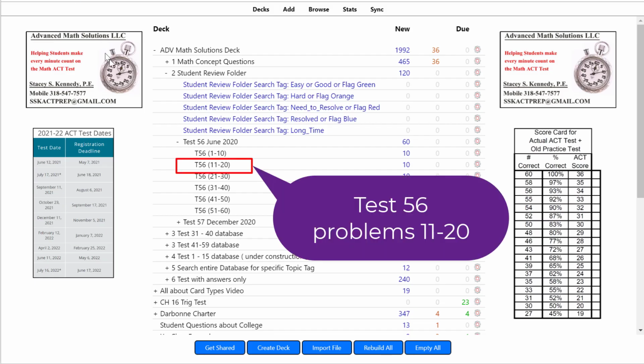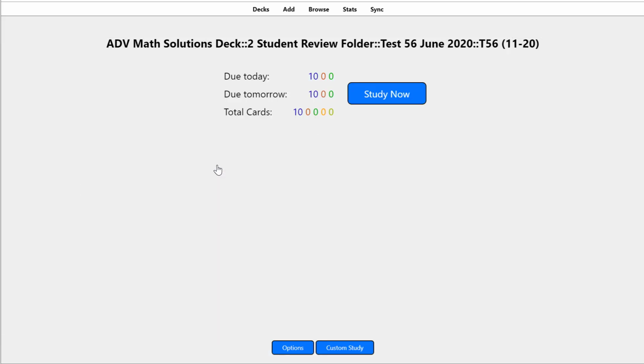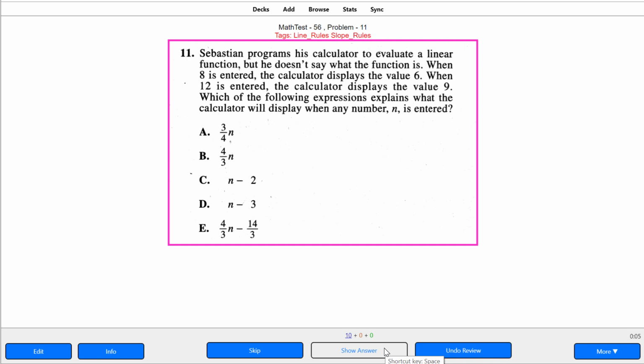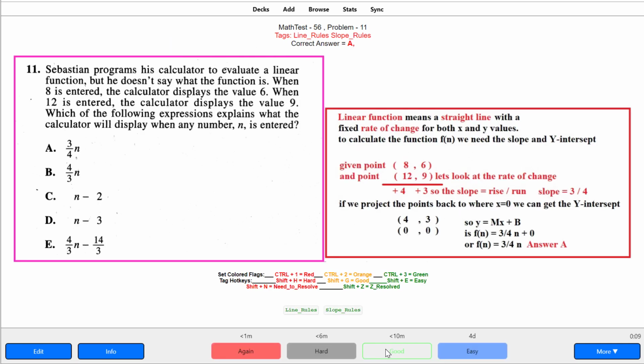I'll be using Anki software. We open Anki, we hit that group of problems, hit Study Now. Here's number 11, an x value of 8 and a y value of 6, and an x value of 12 and a y value of 9. So basically they've given us 2 points on a linear line. We'll calculate the slope, and then we can determine y equals mx plus b and determine what the correct